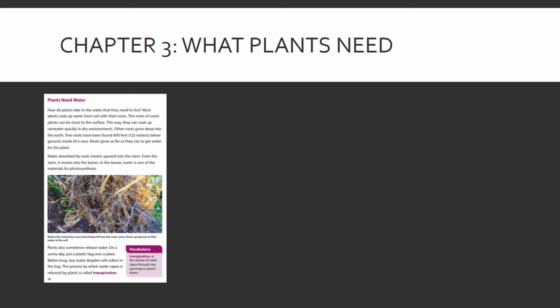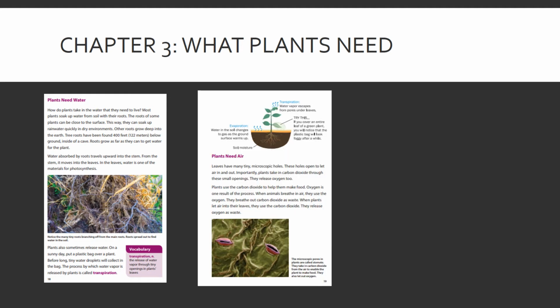Plants also sometimes release water. On a sunny day, put a plastic bag over a plant. Before long, tiny water droplets will collect in the bag. The process by which water vapor is released by plants is called transpiration. So above here, there's a picture of how you can try this experiment at home, and it actually shows